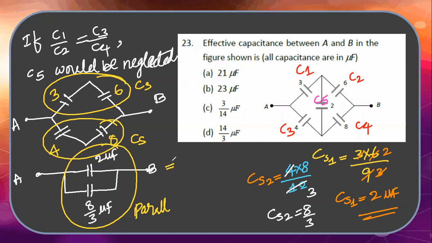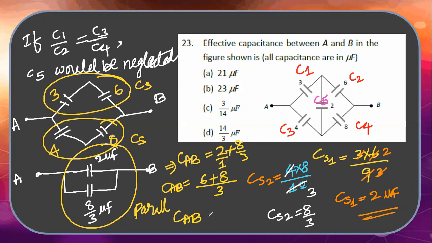Parallel means we have to add them. CAB is equal to 2 plus 8 by 3. So CAB is equal to 2 plus 8 by 3. If I take the 3, so 2, 3 into 2, 6. 6 plus 8, 14. 14 by 3. CAB is equal to 14 divided by 3